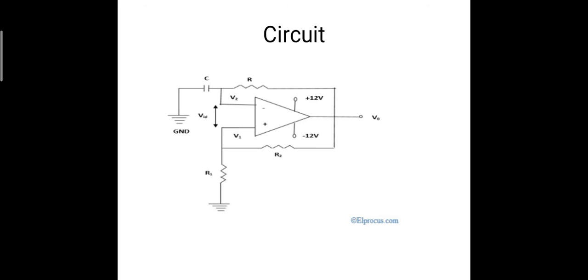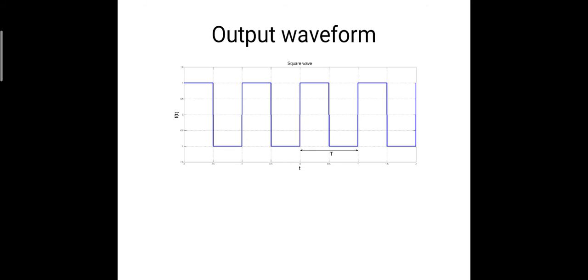This is the circuit where a capacitor is given to the inverting terminal and the non-inverting terminal is grounded. Both are given a feedback circuit with a resistor. So this is the waveform that is going to be produced. It is called a rectangular waveform, where the middle line will be there. So first half positive, second half negative, third half positive, fourth half negative. The cycle goes on. So let's look at the working.